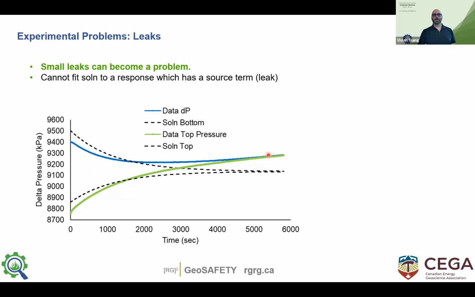There is the data in the color, blue and green, and then the solution in the dashed line. So the solution says it should come to equilibrium. This one is trailing off or upwards. So there's a leak in here. And because we're using